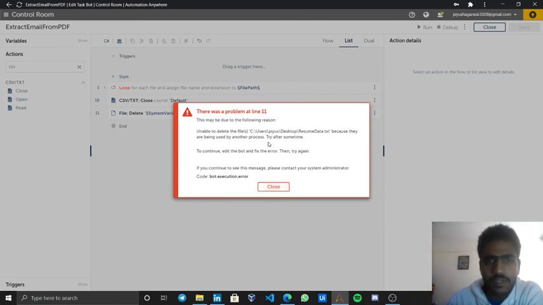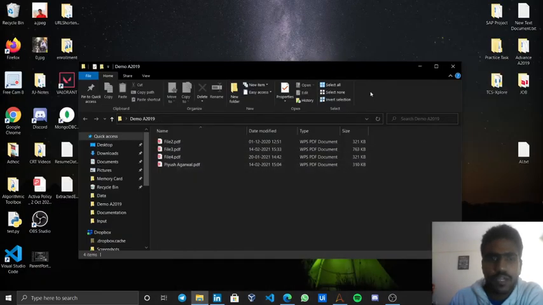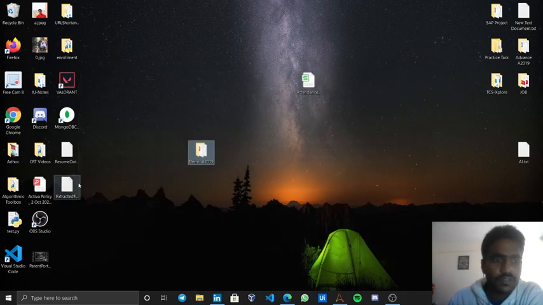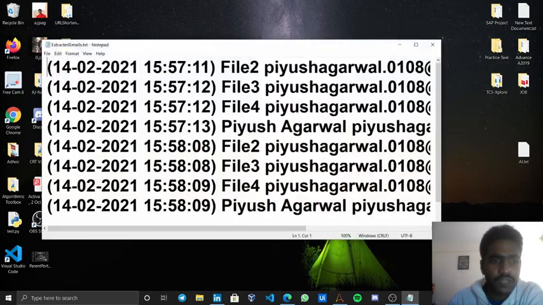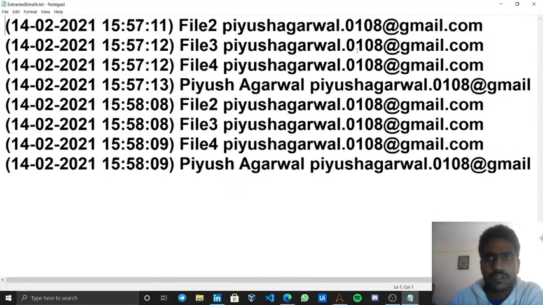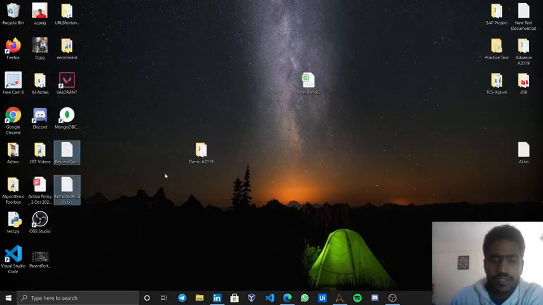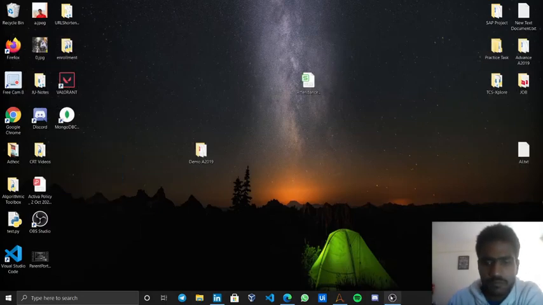Why is it saying unable to delete the file? Because they are being used by some other process. So let's check the file. Okay, this is resume data.txt and extracted data.txt, so it is extracting the data properly. I will delete them myself.